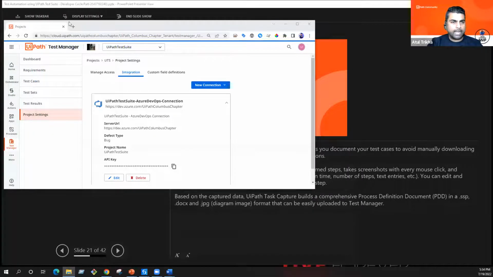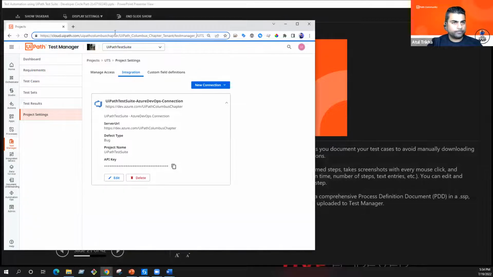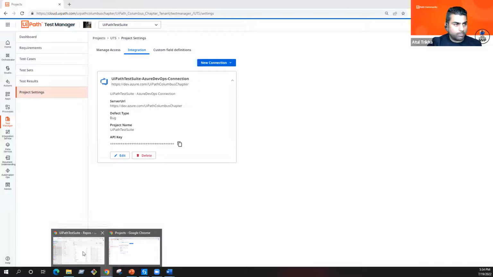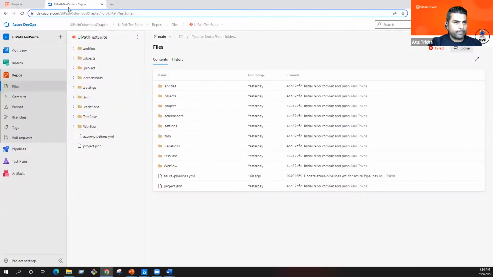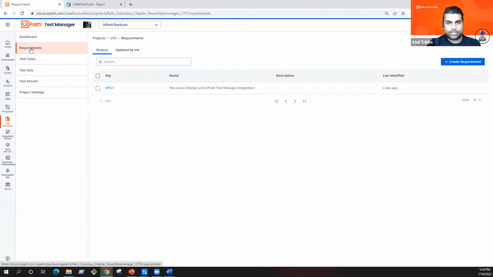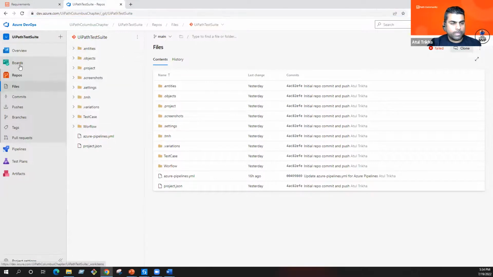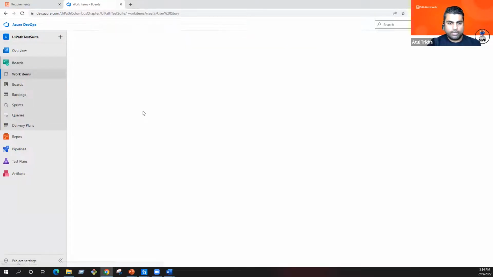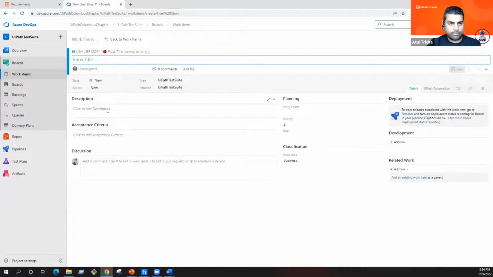And once that happens, let me open, let's see if I already have that one open. Okay. If you see here, now I'll come back to my requirements. There is only one requirement here, right? So if I go back here into my boards, I'm going to create another user story, and let's say this user story I'm calling as